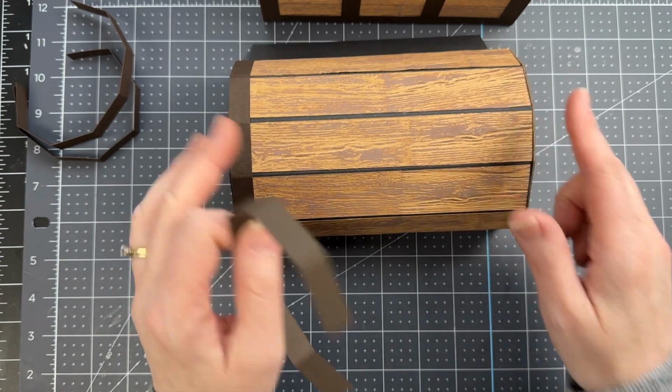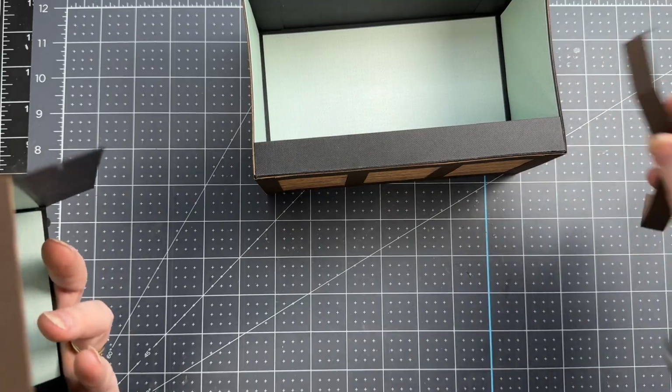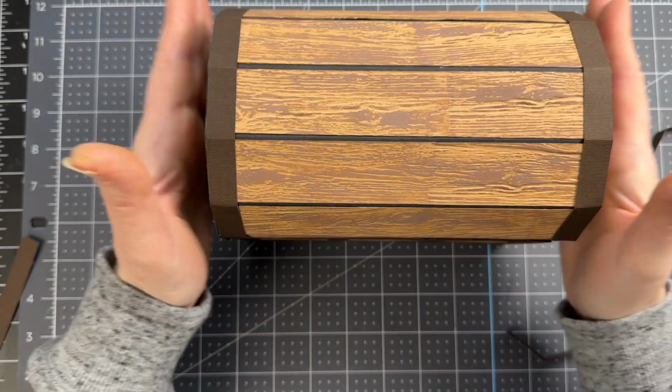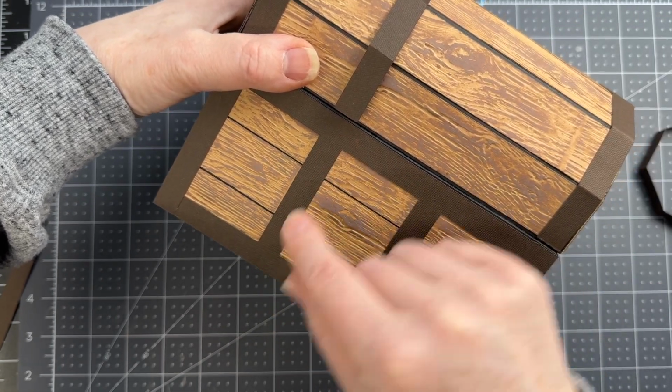I'm doing that on the other side as well. And then for the other 2, I'm going to dry fit my lid onto my box. I want to make sure that the sides are even. And I want to make sure that those strips line up with the strips that are already on the bottom